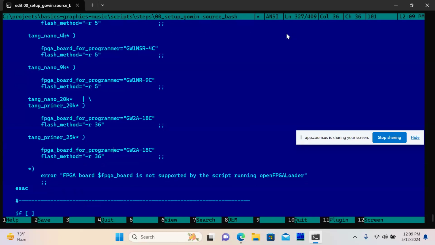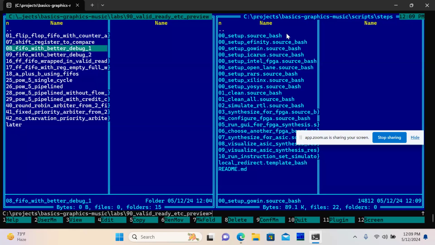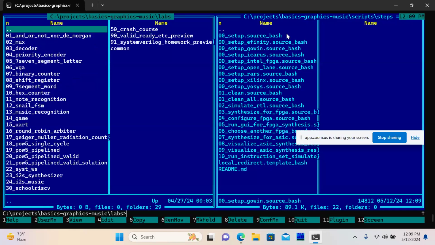and I think this board is called GW5A 2024 something, but I'm not sure about the flash method. So let's see what is supposed to be flash method. So first of all, what is the name of this board? So in order to see a name of this board,